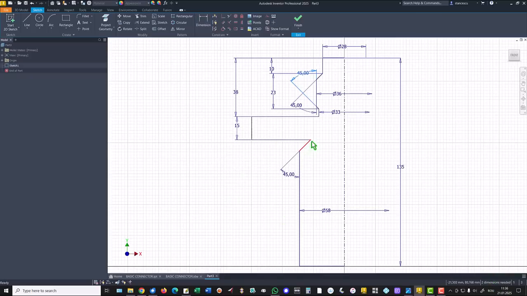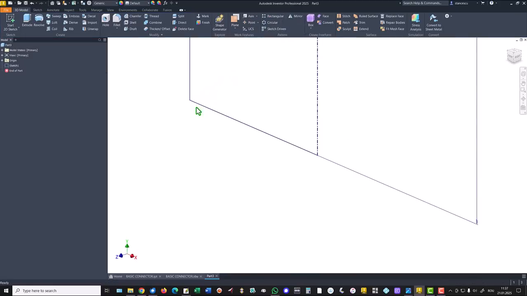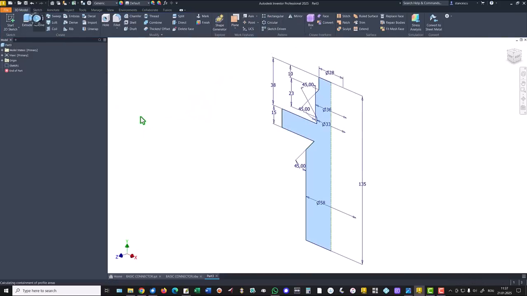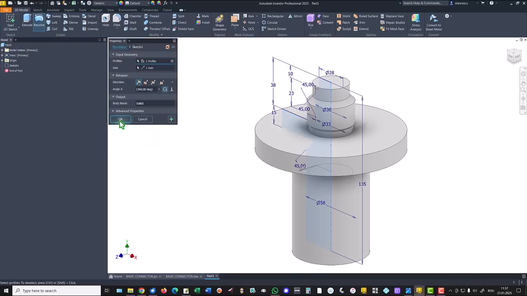Those dimensions are this and this, and you'll see why immediately. Finish sketch, revolve. Okay,